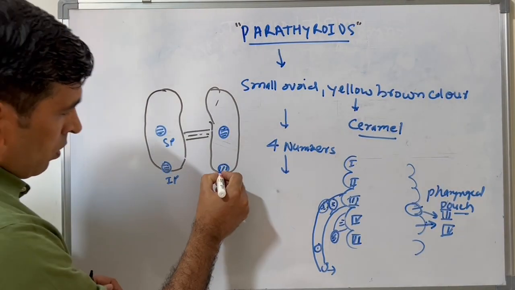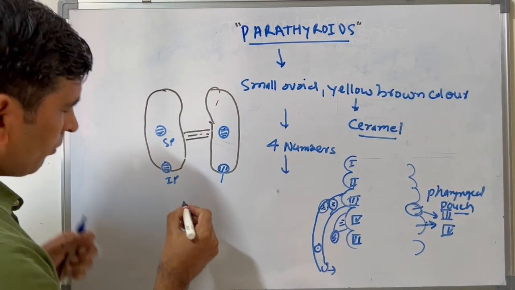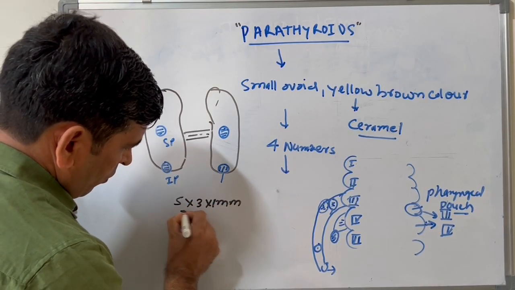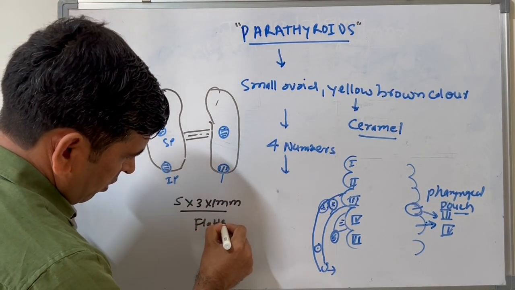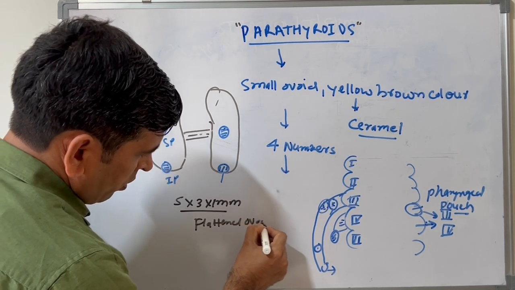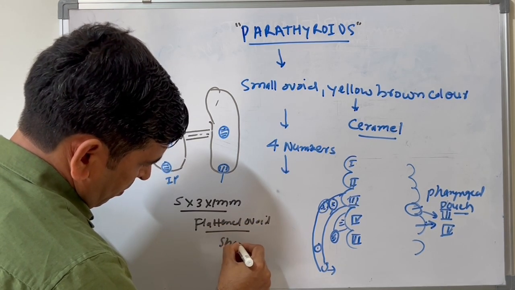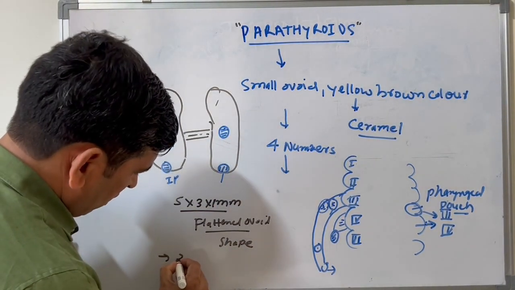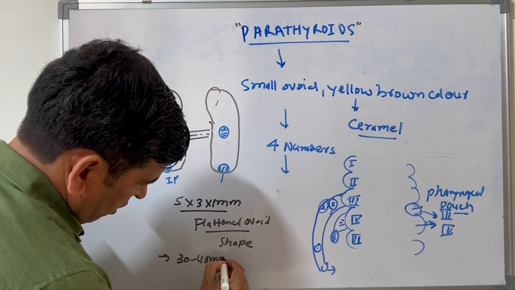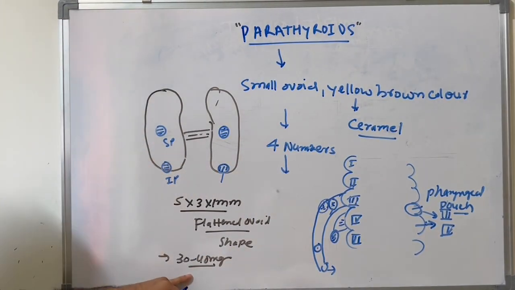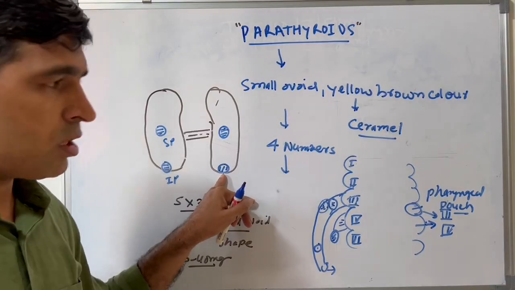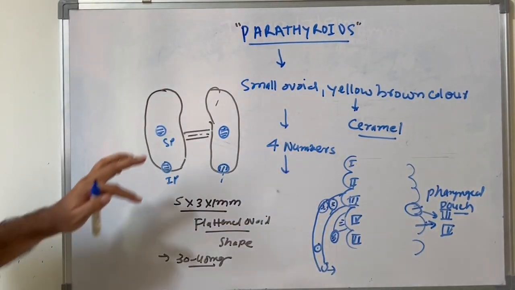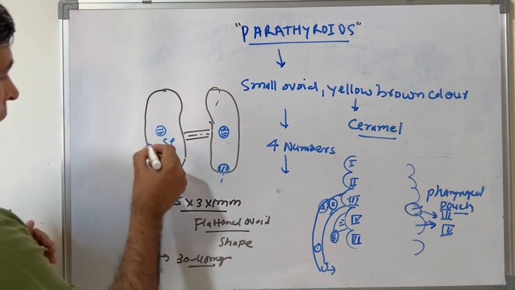The size of these parathyroids is about 5 by 3 by 1 mm. They are flattened, oval in shape, and the weight of these parathyroids is approximately 30 to 40 milligrams. And these parathyroids are mostly supplied by